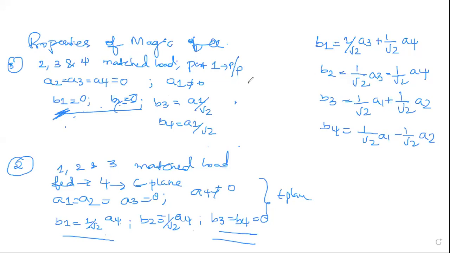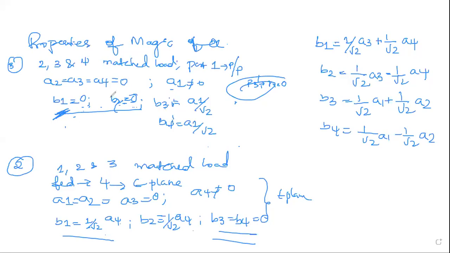So there, if you give the input to port 3, port 4 is equal to 0 because they are isolated. In a similar way, if you give input to port 1, B1 you will not be getting the output. Similarly, B2 also you will not be getting the output. So only port 1 and port 2 will be isolated now. Port 3 and port 4, you will be getting the output, which will be equal.